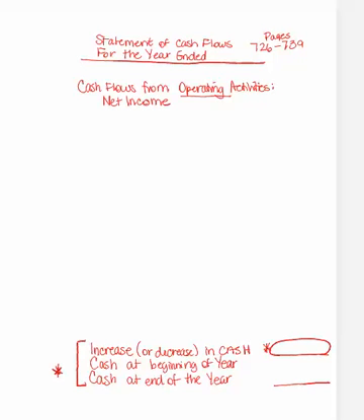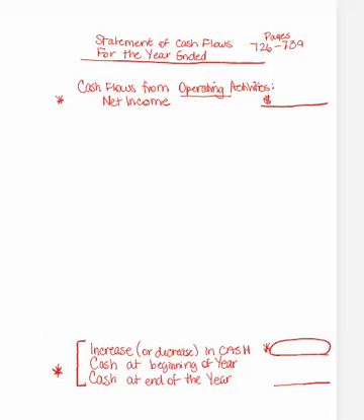Okay, you can find that information from the income statement. Okay, so you're going to write down the net income for that current year. And you're always going to start with net income, so that's another thing. And I'm just going to star the things that you need to memorize up front about this statement. So you need to know that cash flows from operating activities is the first category, and it starts out by